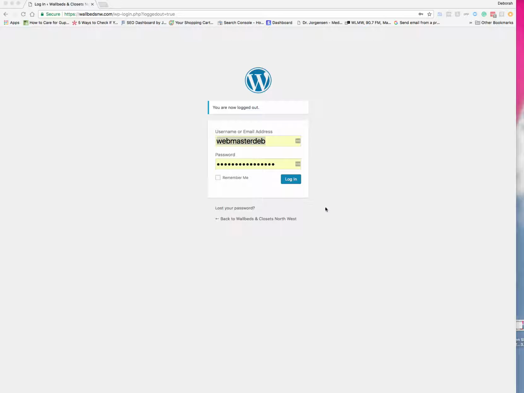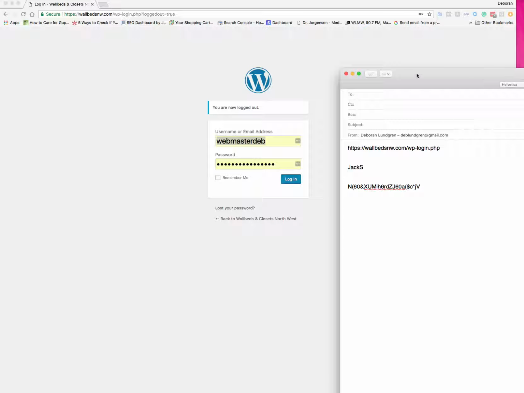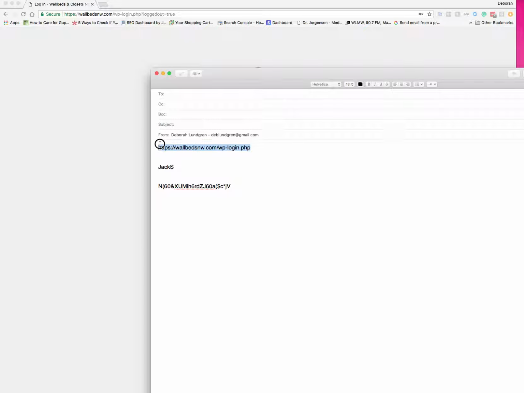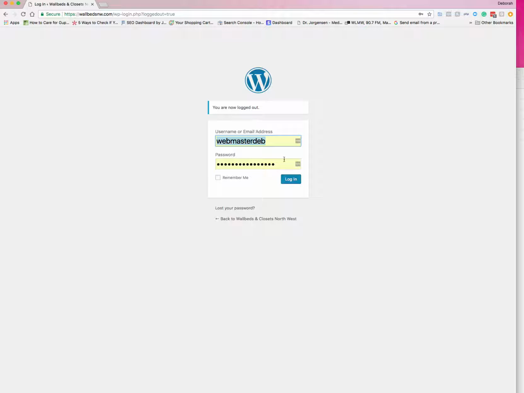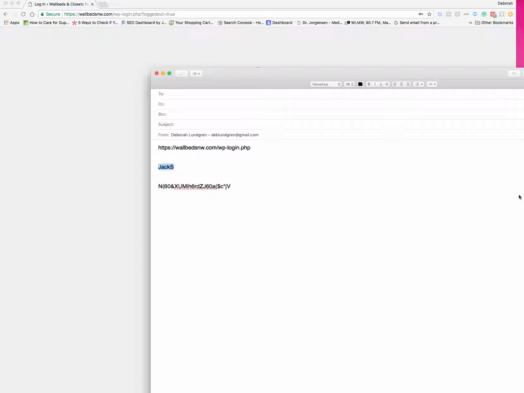So, what I want to send you today is how to log into the back end of your website and how to add images to your gallery. I'm going to start by sending you an email, which is going to have the URL where you will log in to do this, your username and password. And I'm going to use your username and password right now and log in as you